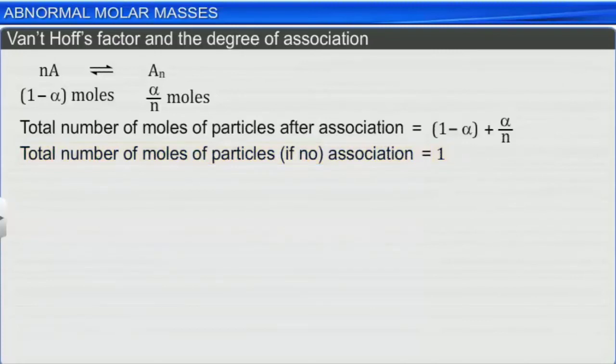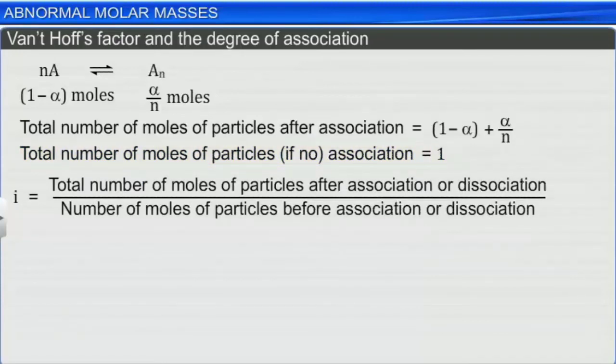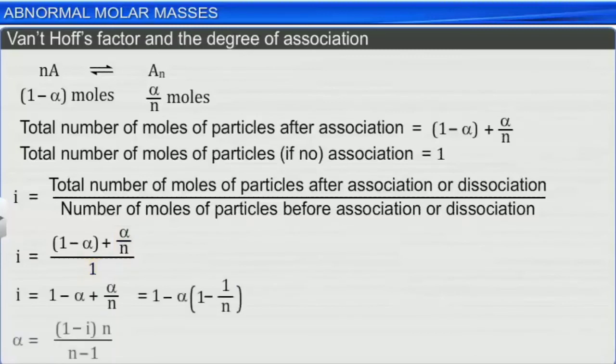Substituting the values of the number of particles in the relation, i is equal to total number of moles of particles after association or dissociation divided by the number of moles of particles before association or dissociation. We get i is equal to (1 minus alpha plus alpha divided by n) divided by 1. On simplifying for alpha, we get alpha is equal to (1 minus i) multiplied by n divided by (n minus 1). Thus, if the value of n and Van 't Hoff factor i is known, then the degree of association alpha